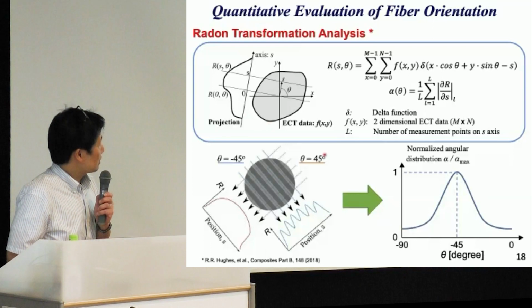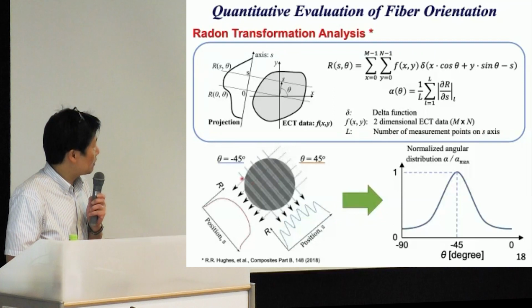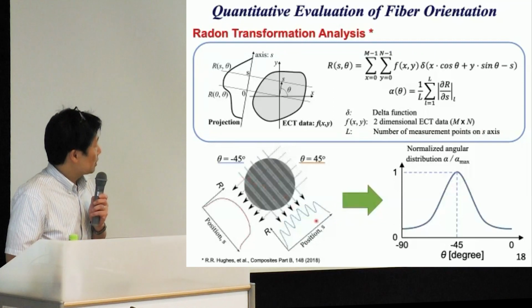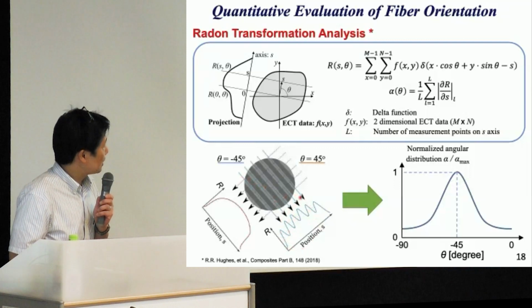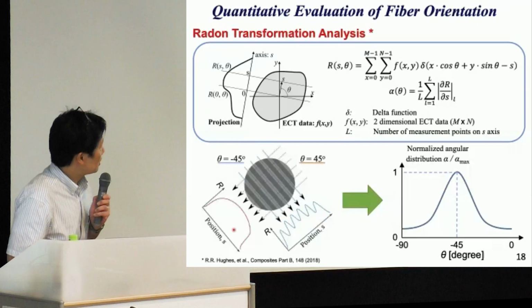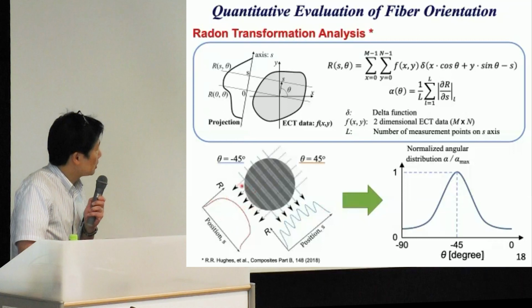If the projection angle agrees with the fiber direction, the projected data include a periodical pattern like this. But if the angle is different from the fiber orientation,